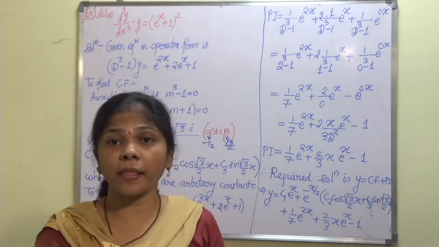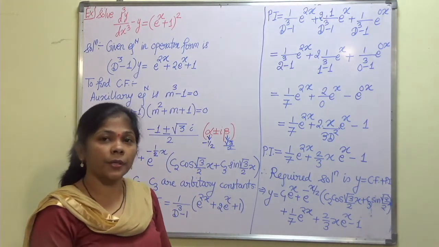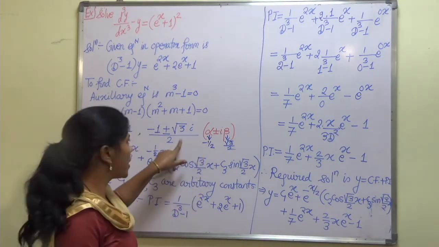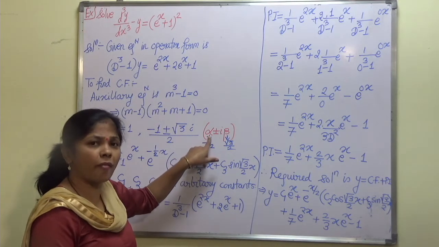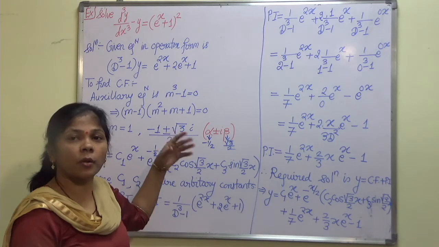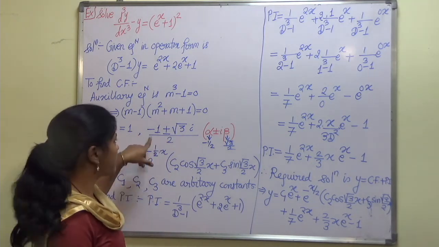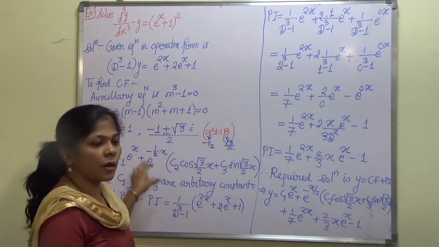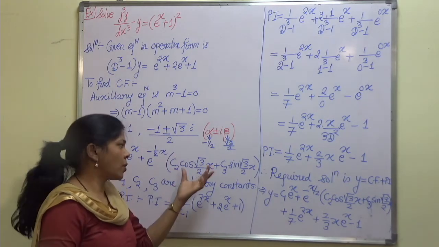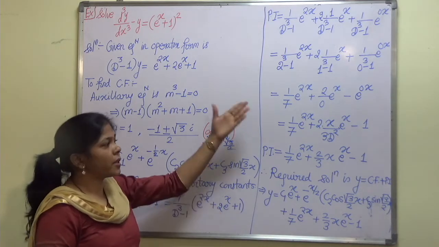Though the problem is lengthy, it's very important as well. We have noticed so many important steps. First thing is how to write the complex roots of this form. You have to put it in the form alpha plus minus i beta. So you will get alpha as minus 1 by 2. Generally, what students used to do, they take alpha as minus 1. It's not minus 1, it's minus 1 by 2. Then how to write the complementary function for complex roots, that we have learned here. Then expanding this and operating in this way.